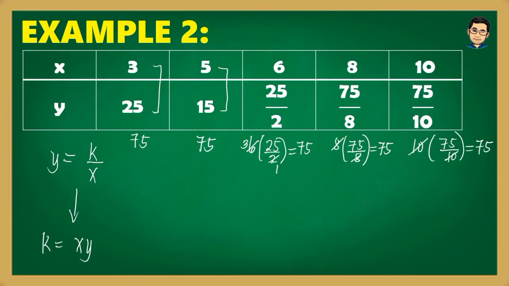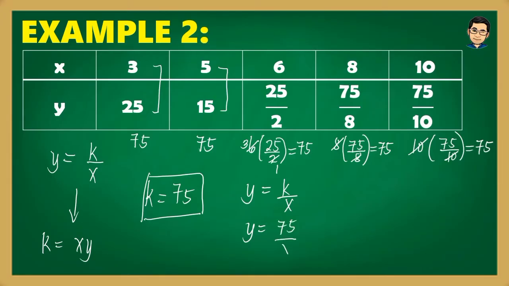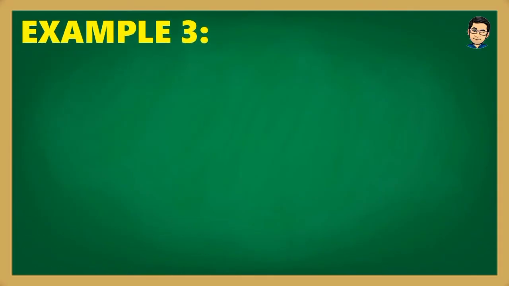As you can see, yung nakuha nating value is constant, which is 75. So, we can write it as k is equal to 75. This is the constant of variation. So, to determine the equation of variation, sulat lang natin y is equal to k over x. Then y is equal to the value of k, which is 75 over x. So the equation of variation is y is equal to 75 over x. Then for the last example,